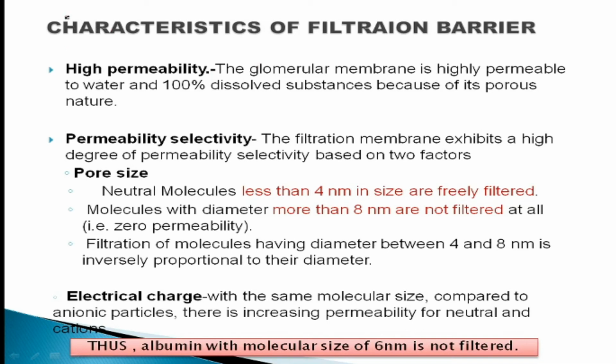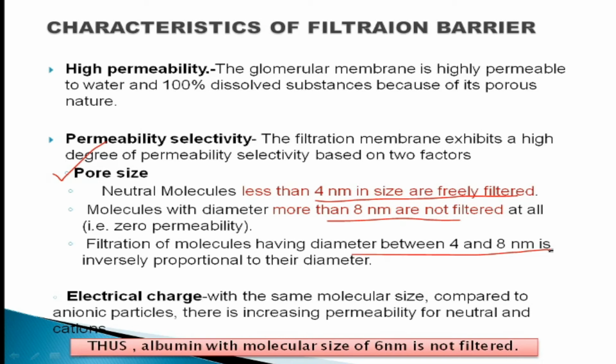The permeable selectivity is based on the pore size, which says that molecules less than 4 nanometer in size can easily be filtered, and molecules which are more than 8 nanometer are not filtered at all, whereas for molecules between 4 to 8 nanometer in size, their filterability depends on their diameter as well as on their